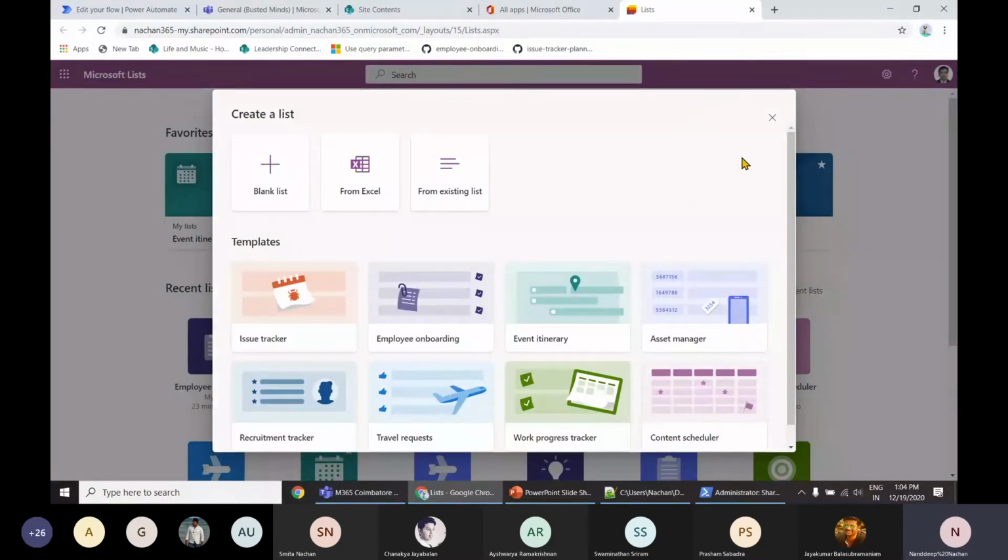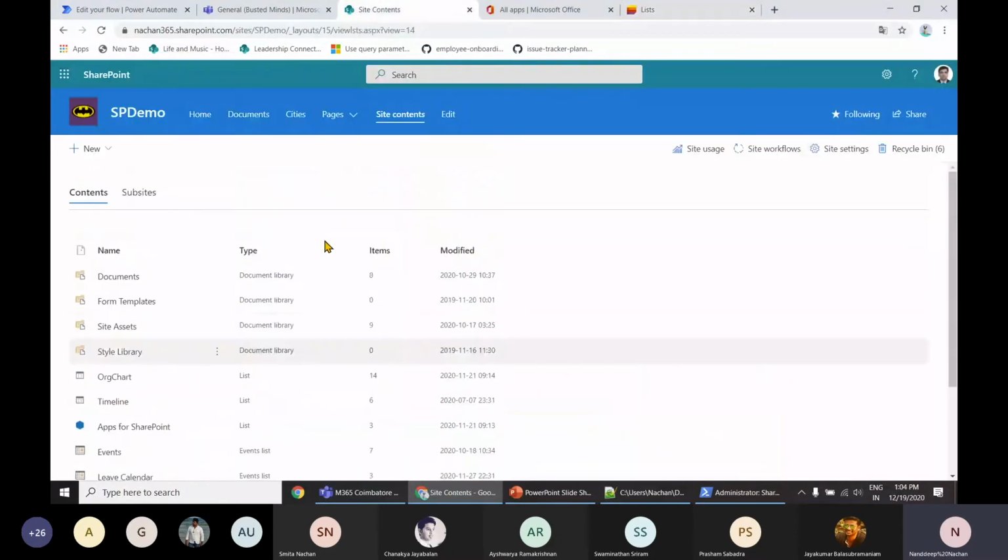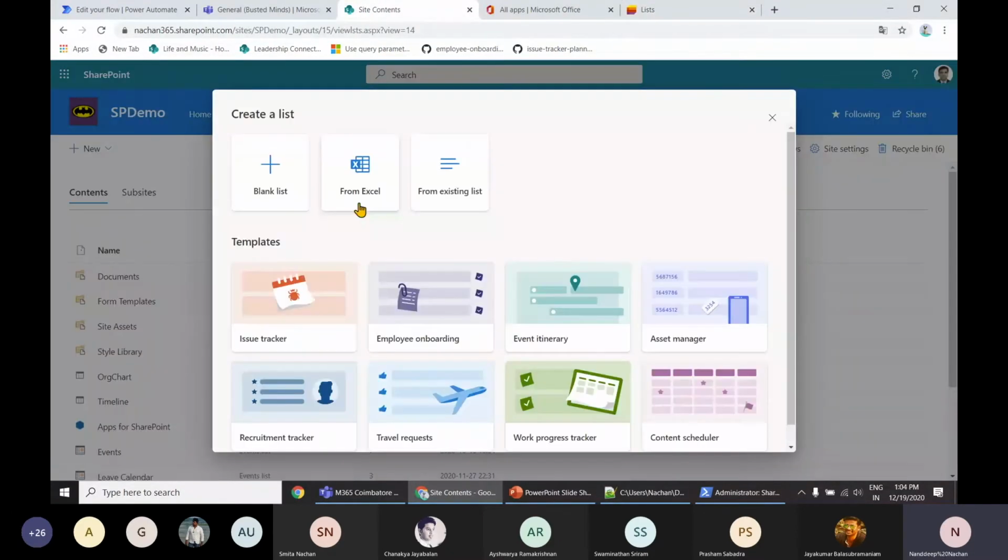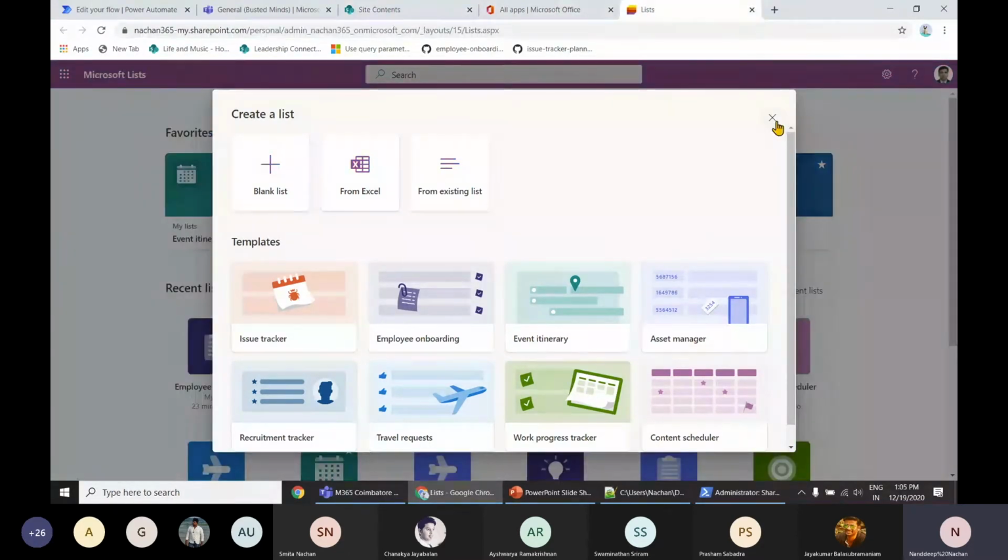And if you compare this experience with the experience we had when creating a new list from SharePoint, if you click new list, it is the same experience that we have when we are creating the Microsoft list. So from this new, you will be able to create all those lists, and then we'll even be able to see all of those lists here. So as we see here,